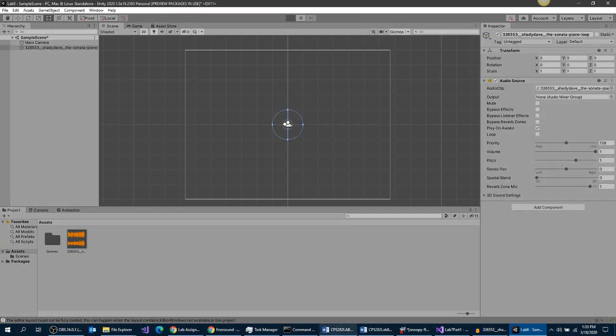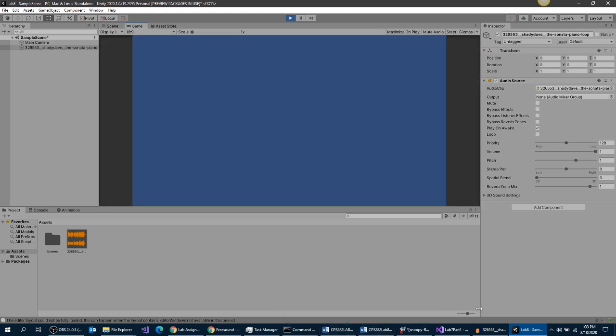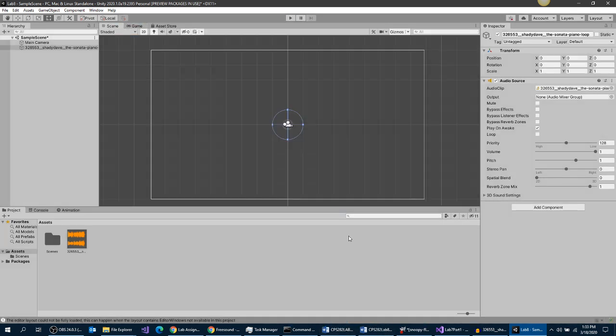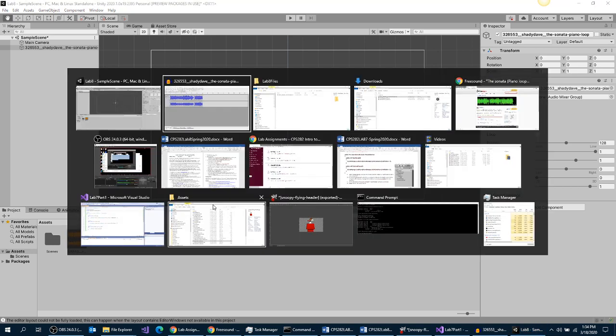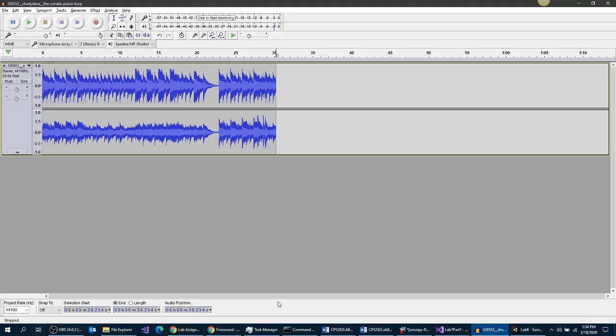So when I play this, okay, so it's as simple as that to incorporate audio into your Unity project. I mean, this is jumping the gun again. I'm just showing you a way that you could take the imported file and immediately start using the audio, but you might have to use an external tool to edit that down. So we'll do the whole project with the street scene here, but we want to go back to Audacity, and